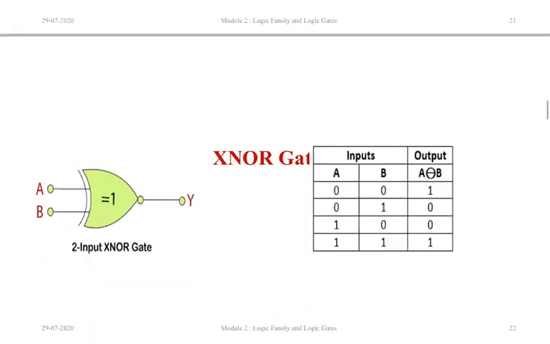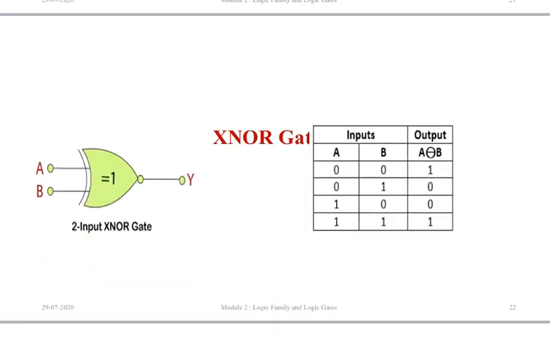This is my symbol of XNOR gate. Exactly the same as your XOR, only that we have a bubble. The bubble gives me the complement function. So don't forget to draw that extra line, the C-like part, that shows my exclusive OR gate. Here you can see for 0 0 and 1 1 my output is high, and when both the inputs are different, at that time my output is low.